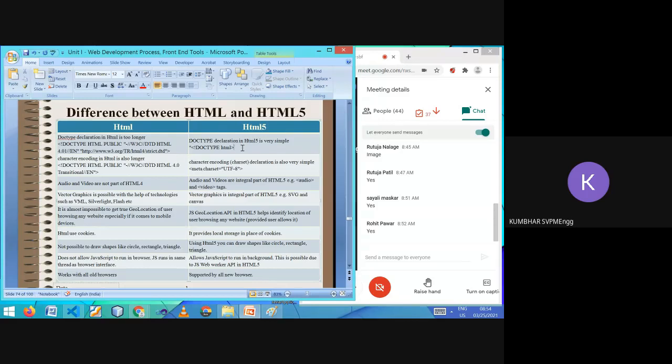Yes. So this is the first difference. Then second difference, character encoding is also very long. Character encoding here in HTML is very long. Now what is this character encoding? On the web page we can use different